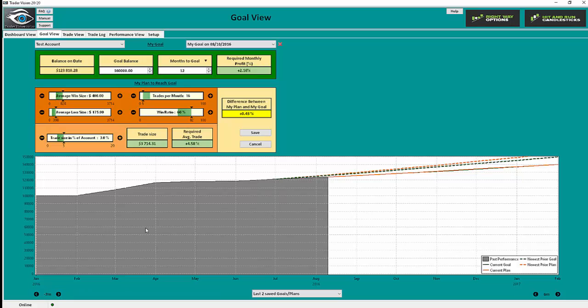So now we're looking at less time frames here, and you can see that we were on plan back here, and then we started to slightly fall off of plan, and we ended up being below that plan as of today's date. If we look at the last three,